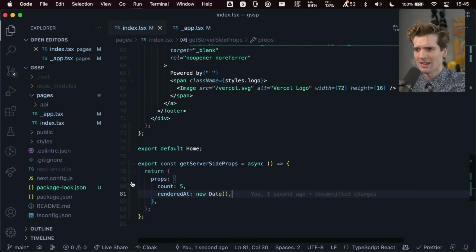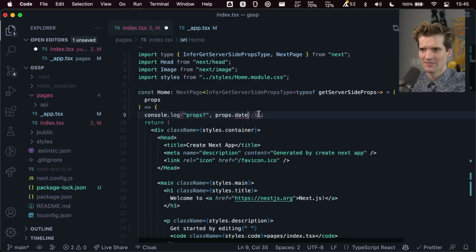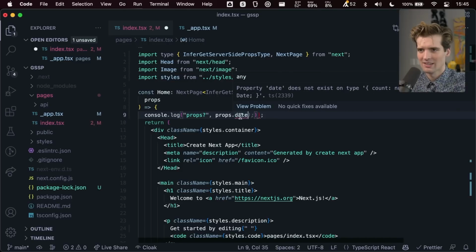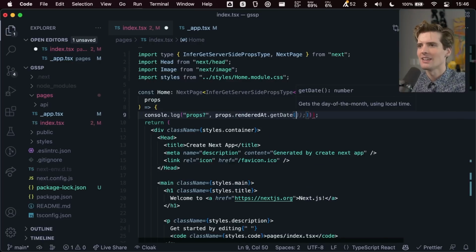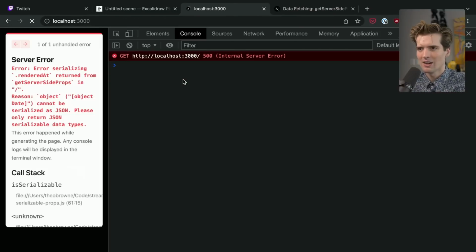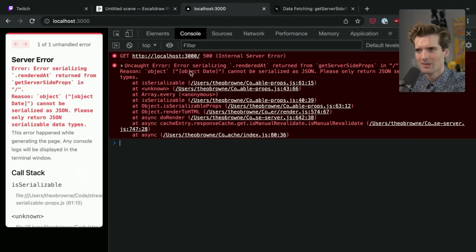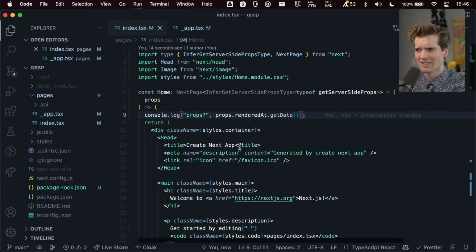So we're going to pass a new date down. And if we look here, props.date, oh, it's rendered at is what I named it. Rendered at. And let's do .getDate on this because we're getting a date back. Oh, that errors too. Because we can't serialize a date object through getServerSideProps or getStaticProps or any of the other server-side property functions in Next